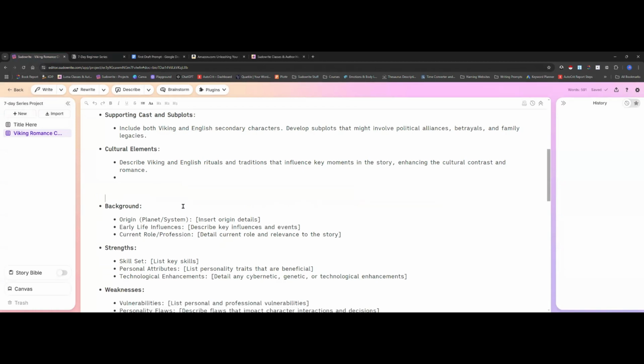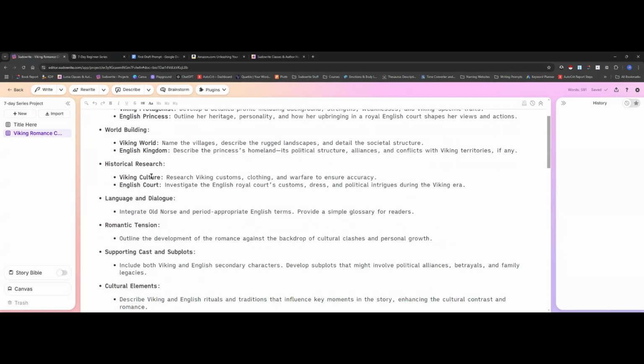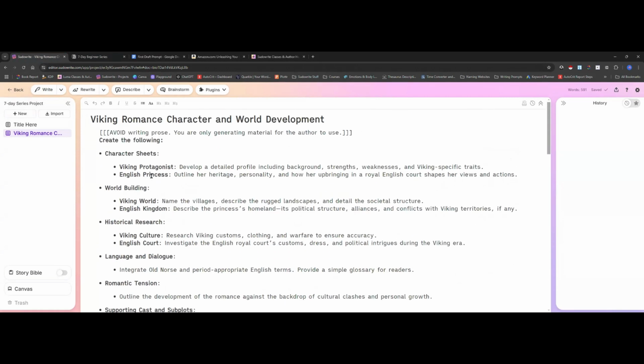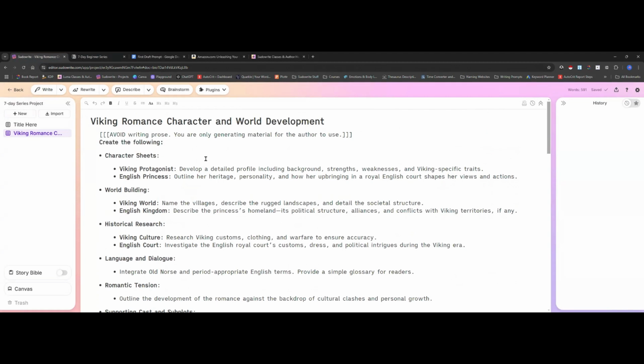Perfect. All right, so we got the Vikings at the top, sci-fi at the bottom. I'm actually asking for some repeat stuff, so it may get confused, but I'm going to trust it to be smart enough to give me what I want. So create the following. And I'll copy this too. So for a sci-fi Viking romance,